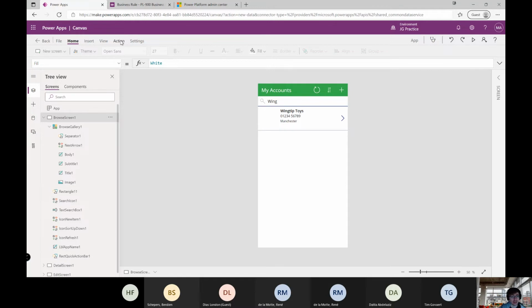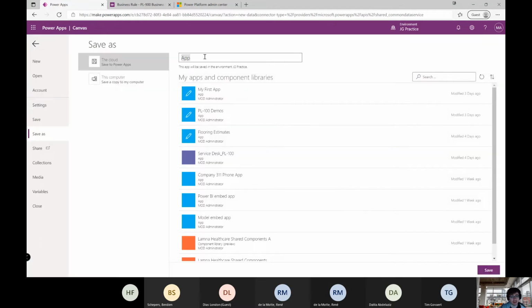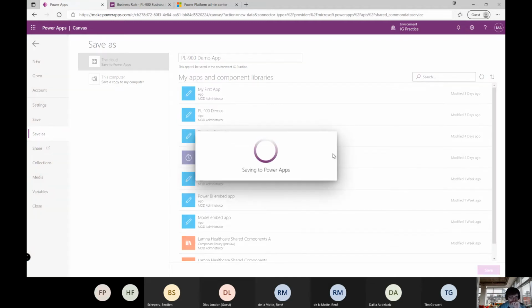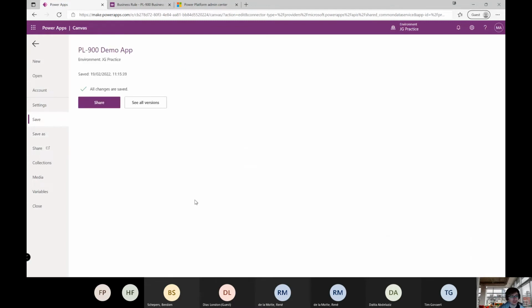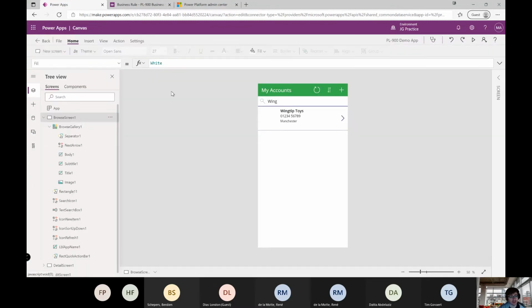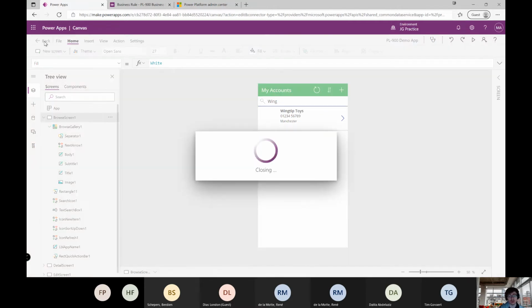When we're ready to go, we can then hit on the file and save button. So I'll just call this my PL-900 demo app like so. Save that. And then once the app has been saved for the first time, it's now going to be available to use within the organization. So if I was to return back to the Maker portal,